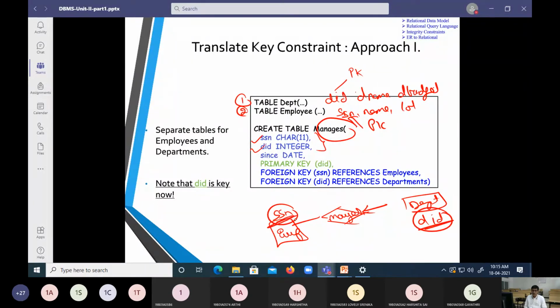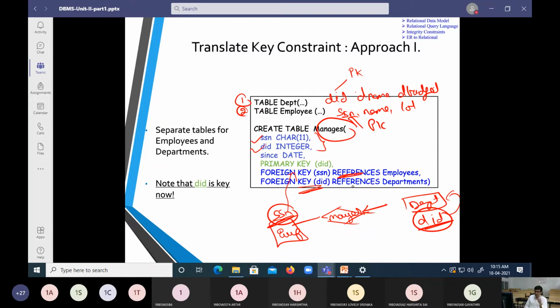So this is how we derived the content. Now, SSN has to be borrowed from the employee table. SSN is a primary key of employee and it is acting as a reference key. DID is a primary key of the department and it is going to act as a foreign key in this department.